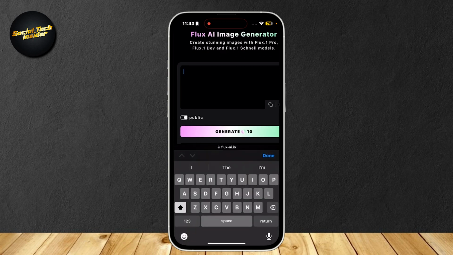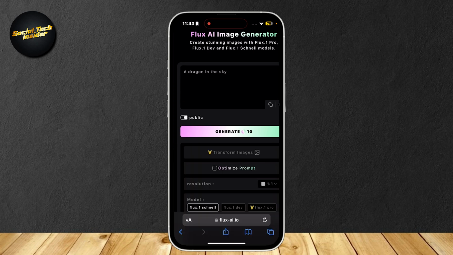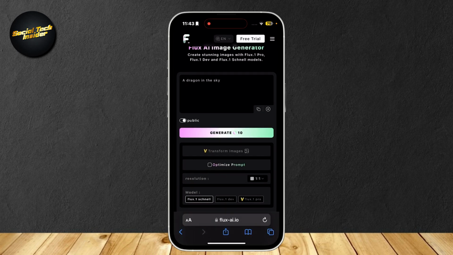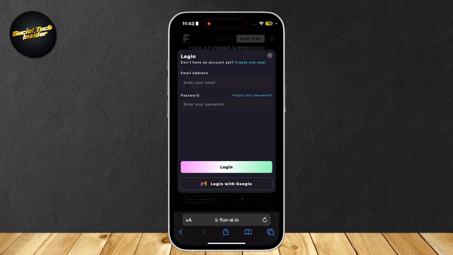You can go on ahead and input your prompt here. For example, something like a dragon in the sky. So I'm going to go on ahead and tap on generate. But before we actually get to generate something, we're going to have to sign up with an account. To make it simple, I'm going to go ahead and tap on login with Google and then just log in with